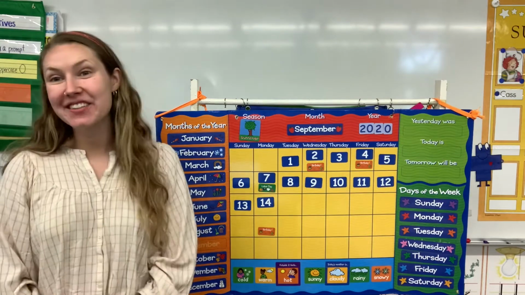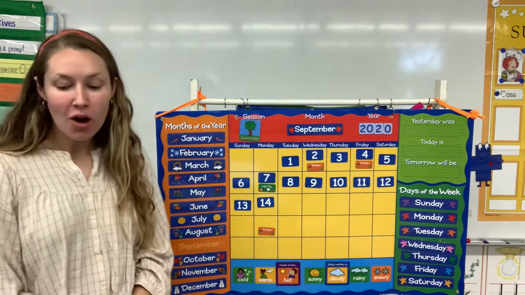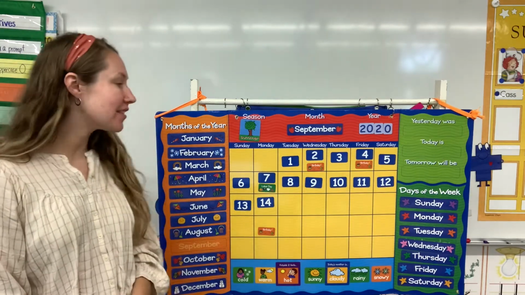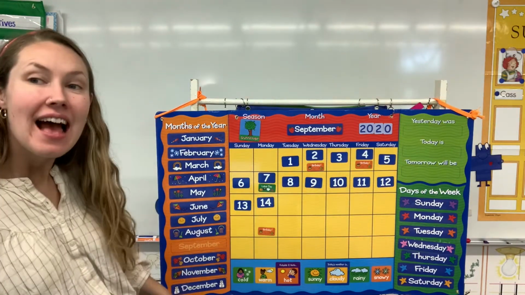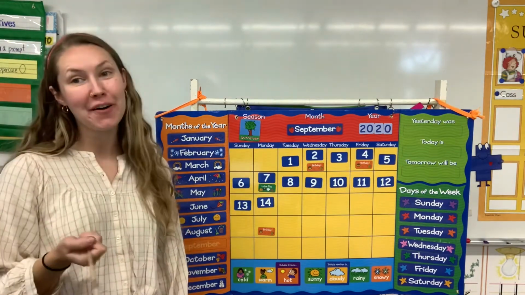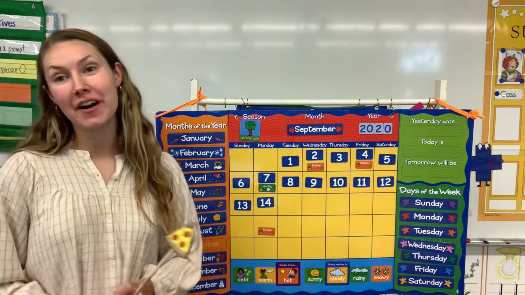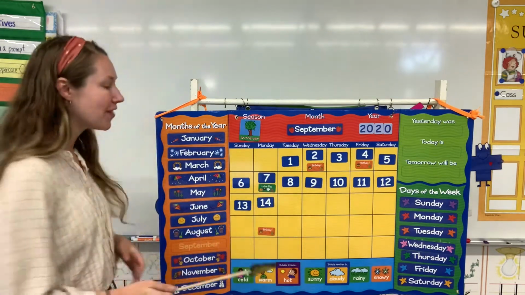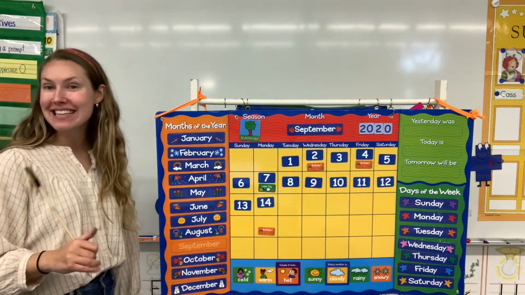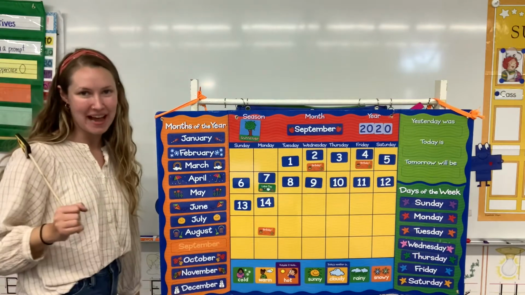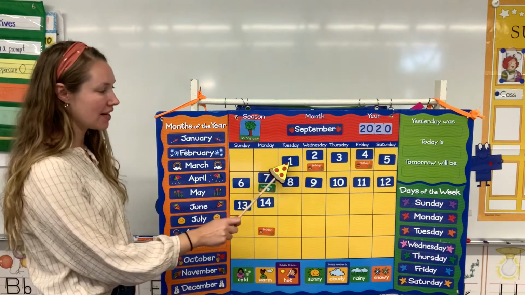I am so excited to work on our calendar today. We are going to begin with talking about our date. I'm going to count. You can count along with me, or you can count on your calendar mat, and we'll figure out what our next number is that we need to add to our calendar mats. So I'm going to start here with my 1,